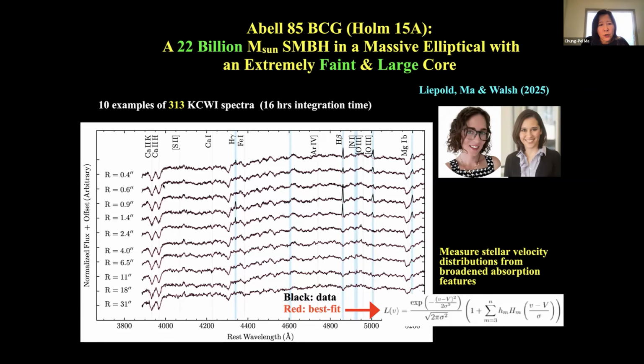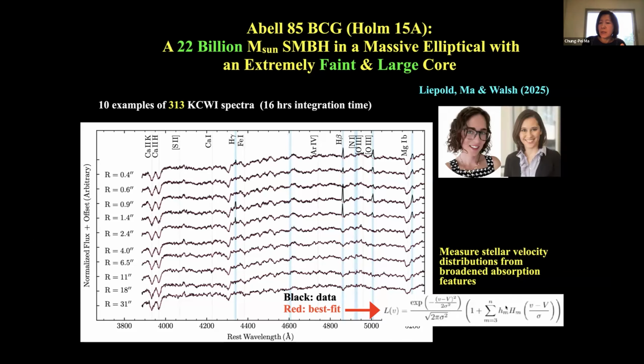I just want to show you that the black curve in each is the data, and the red is the model fit to each spectrum, where we took a library of template stars with very narrow lines and asked what velocity distribution we need to broaden the lines with in order to match the data. You can see the match is excellent. From the modeling, from the broadening, we can measure V, the line-of-sight velocity, sigma, the second moment, and also